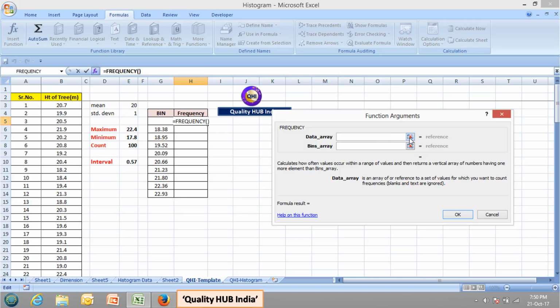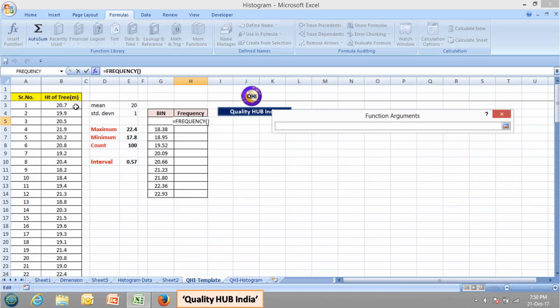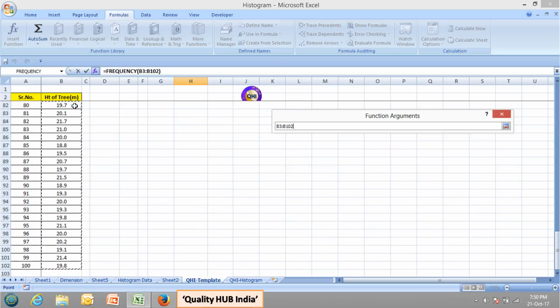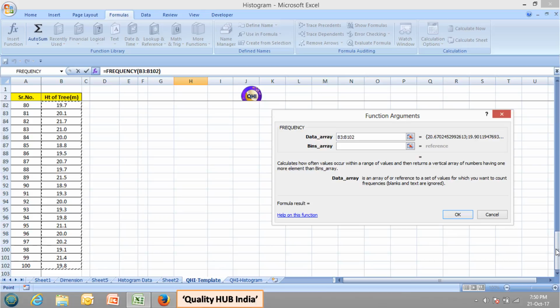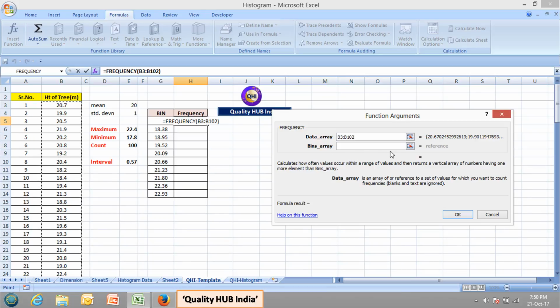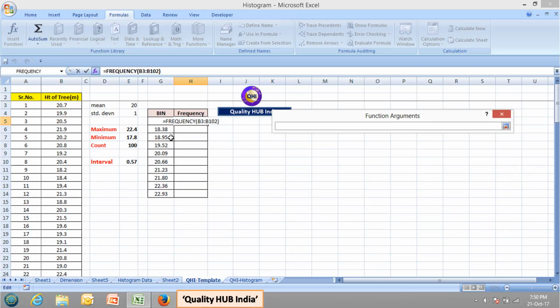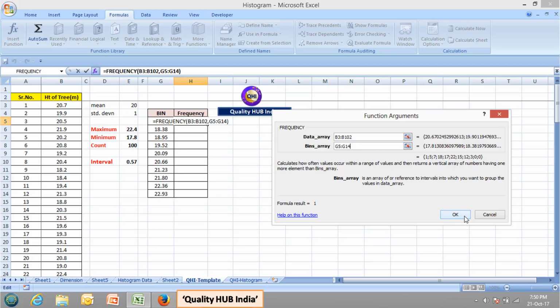For that, click over here and then select this whole height of tree, that is column B. For that, Control Shift downward arrow. Your data is selected. Click over here. So let's now select the bin arrays. Click over here and then select these bin arrays, that is G5 till G14. Click over here, then make OK.